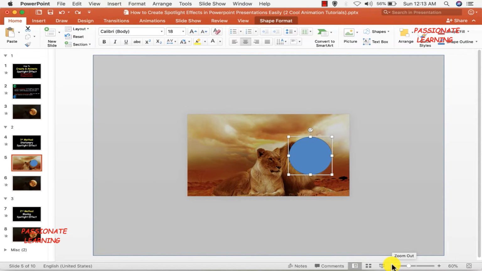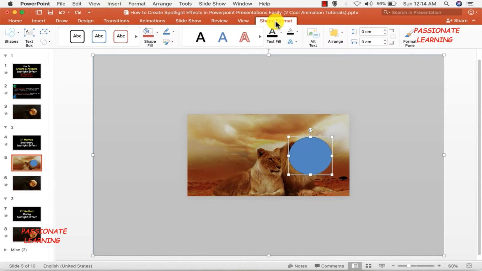And now, my major purpose is that I need to subtract this particular oval from this rectangle. So, first of all, I click on this rectangle and then I press the Command key if I'm on a Mac or the Control key if I'm on Windows, and then I select this oval, and after that I come over here and select this Shape Format button so that this ribbon opens up, and then I need to come over here which is shown as Merge Shapes. I need to click this, and you can see here there is an option of Subtract, so I need to click on this option.